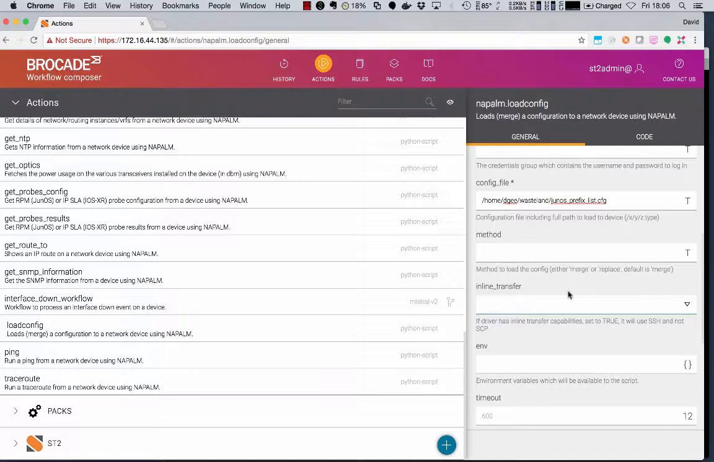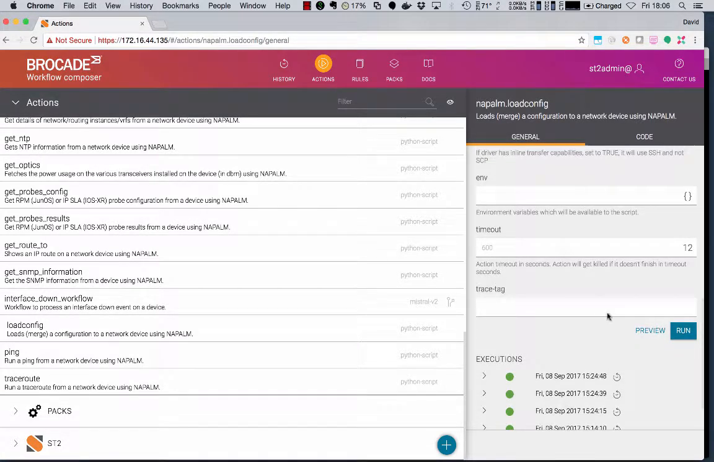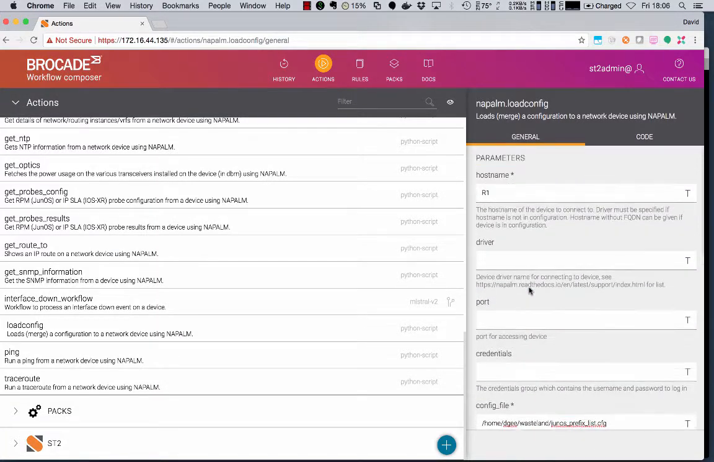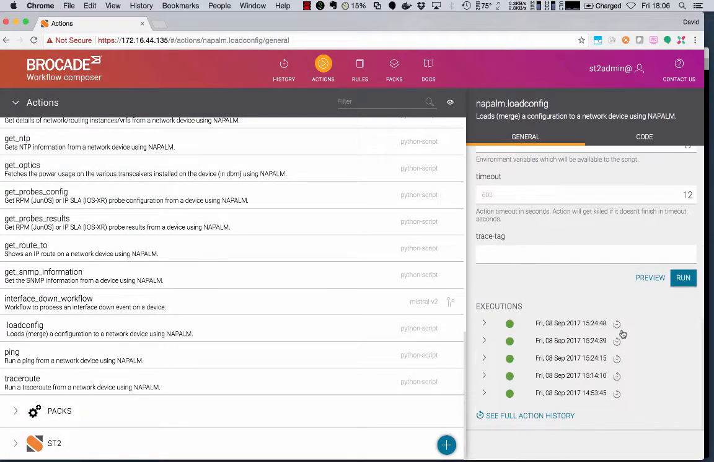Method is fine. Now, inline transfer, this is an option for primarily Cisco IOS. So each driver merges the configs in different ways. Cisco IOS tries to do it via SCP, and that relies on the enable password being set. So what I've done here, I've added in the inline transfers to true, which basically says don't do it via SCP, go do it via the SSH channel. Now, because this isn't a Cisco router, inline transfer doesn't matter here, and I know the driver doesn't do inline transferring. So I'm going to set that to true, and I'm going to run this,